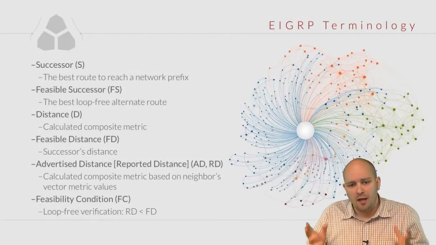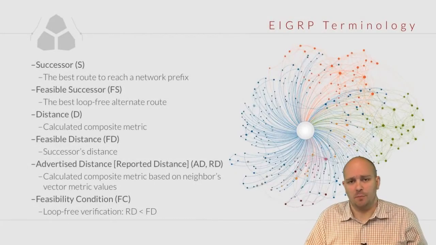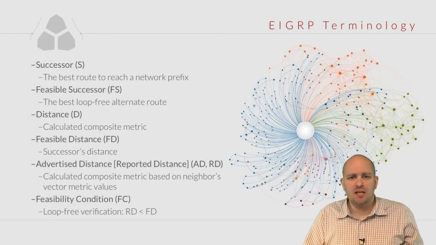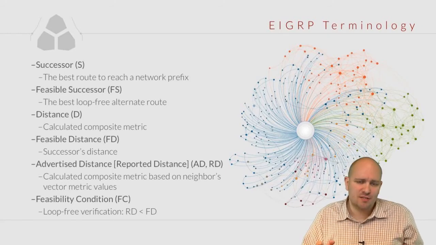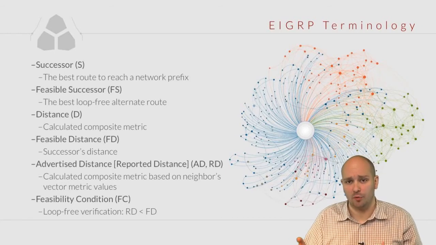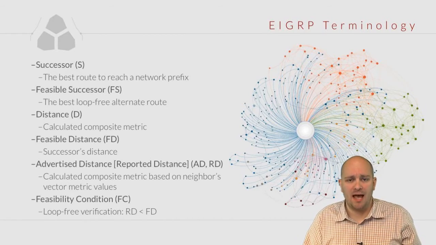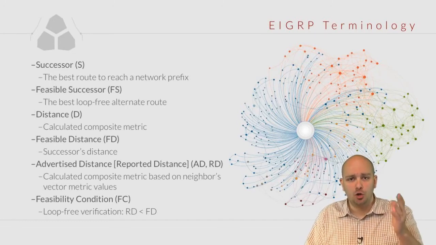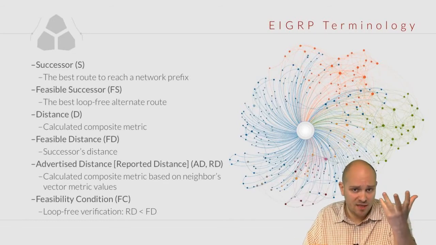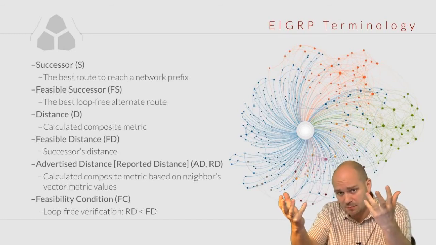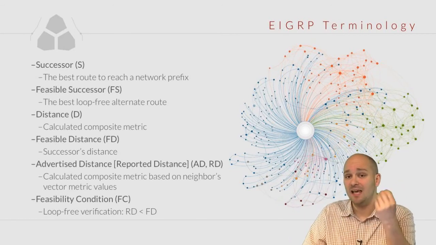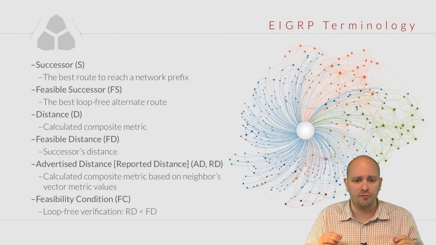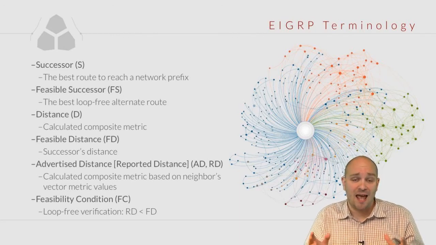What are these terms? The first one is a successor. Sometimes this is referred to as simply S. A successor is EIGRP's name for the best route to reach a particular network prefix. So let's say that, for example, we have a network prefix of 192.168.0.0/16, and we have 2 paths to reach it. And let's say that this is the best path, and this is the second best path. This path here is simply called a successor. A feasible successor is a loop-free alternate route. And keep in mind that